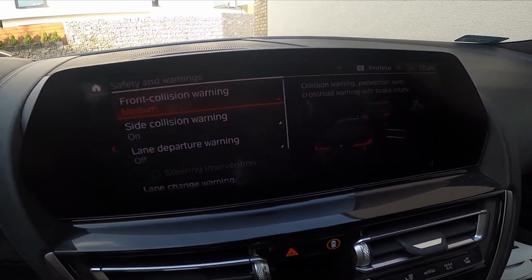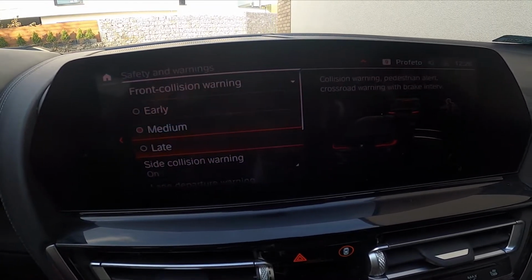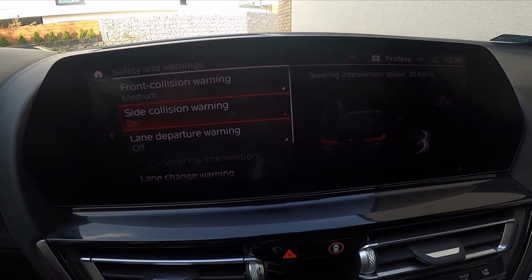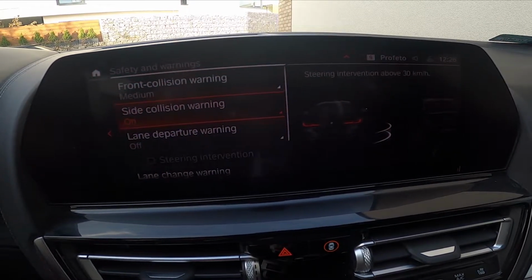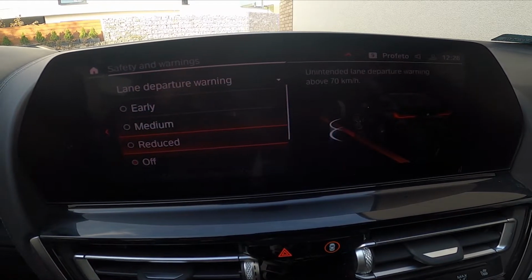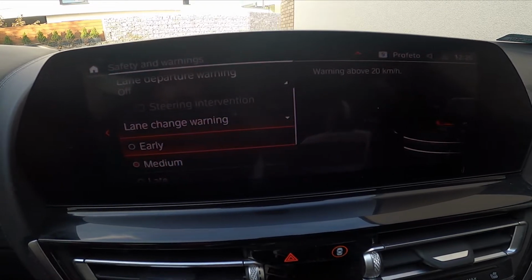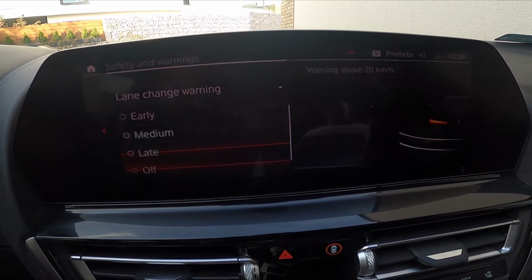For example, you can change front collision warning between early, medium or late, side collision warning between on or off, lane departure warning between early, medium, reduced or off, lane change warning between early, medium, late or off,